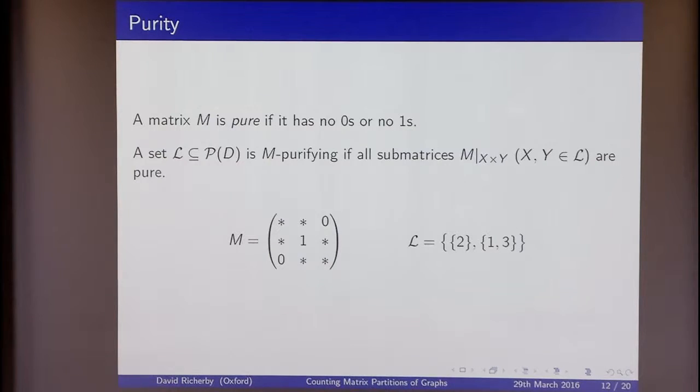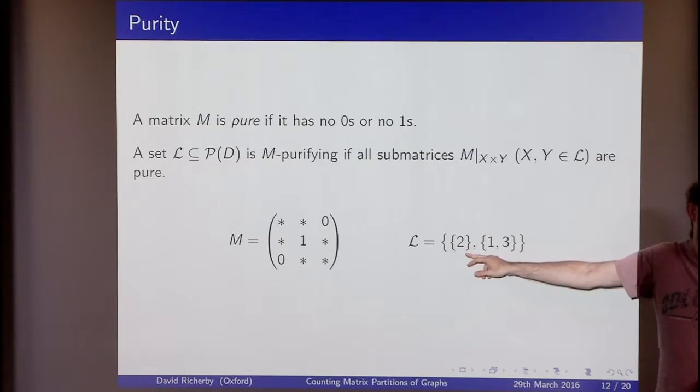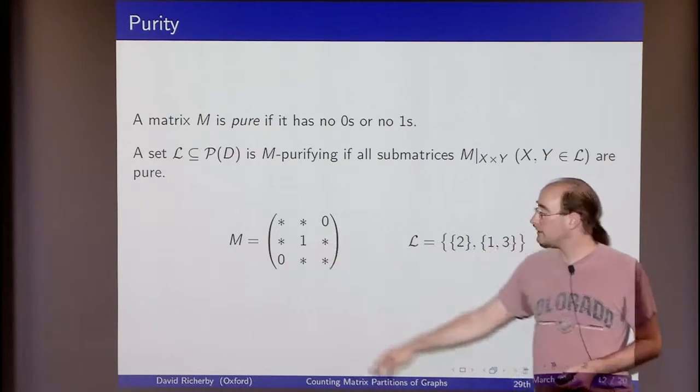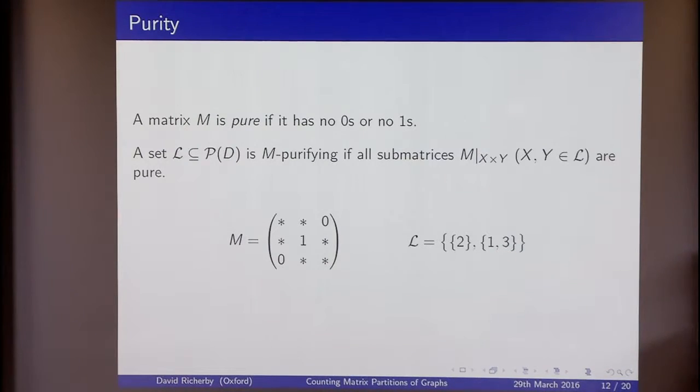We'll say that our set of allowable lists is purifying if whenever you take two elements, so two of your allowed lists, and you restrict to the rows defined by one of those lists and the columns defined by the other, then you get a pure matrix. Okay? So, as an example, if we take the clique cut set matrix, and we only allow ourselves these two lists. So this list, if you apply it to a vertex, says this vertex must be in part 2, so it must be part of the clique. And this list says it must not be part of the clique. Okay? So if we applied these two lists,